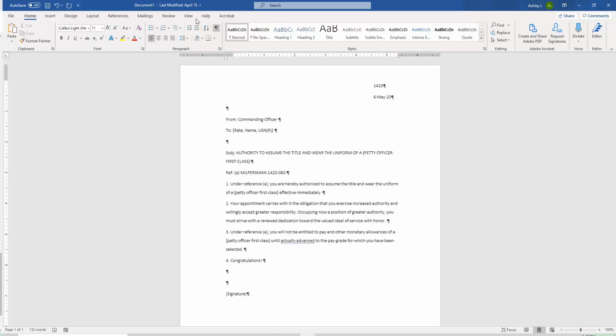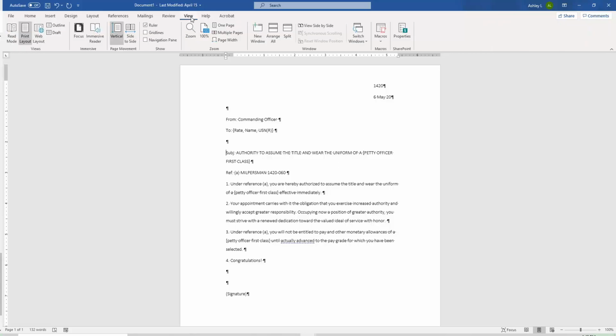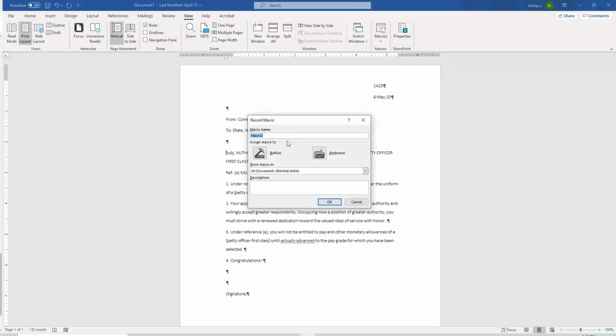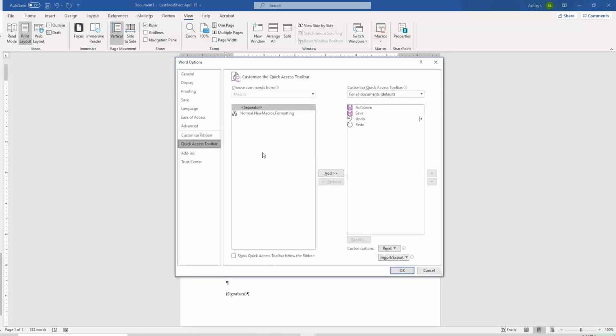If you go into the view over here, you'll see macros here. Go to the drop down and click on record macro. Then you can name it, just name it formatting. I'm going to make it a button, so you click on button, and then you can add,